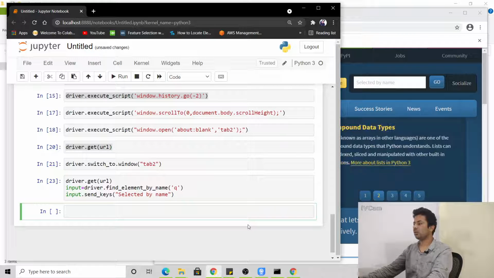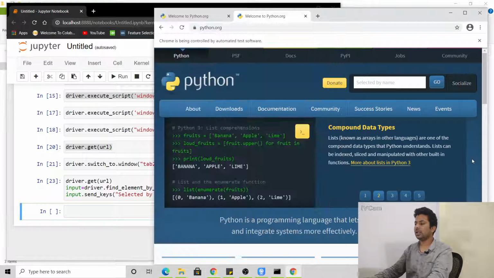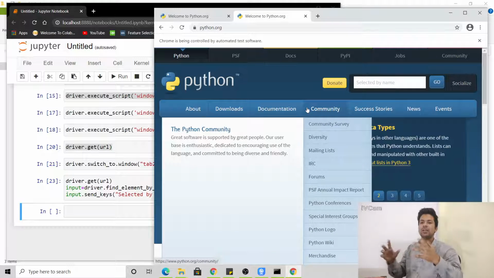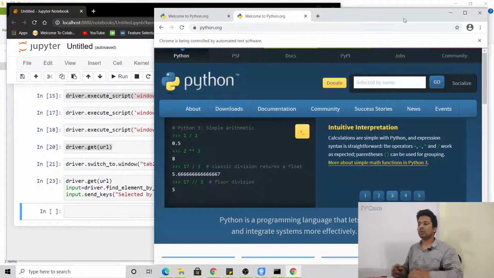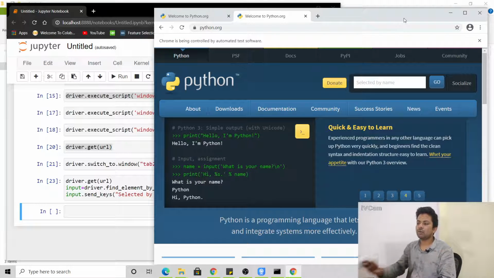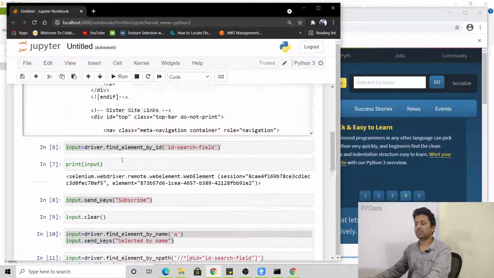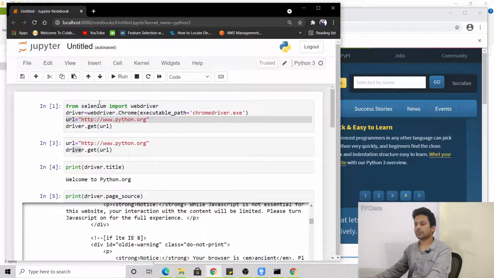But suppose you want to use Chrome in headless mode. Chrome is running, but you don't want to see it, because you are running an automation, like daily going to pages and clicking on them. Every time Chrome will open and you have to see it. So you can run it in headless mode, meaning it won't show you, it will just disappear. Let me show you how you can do it.